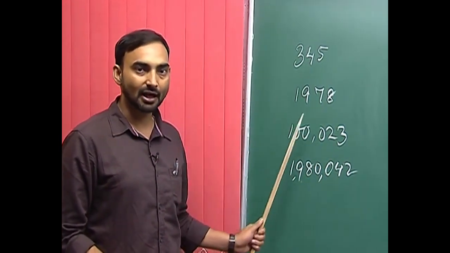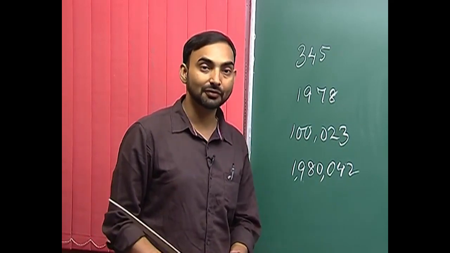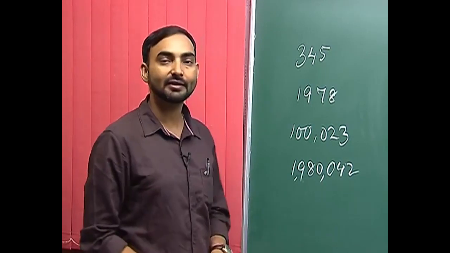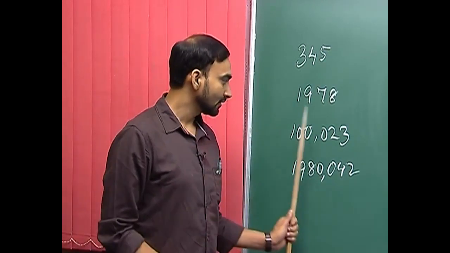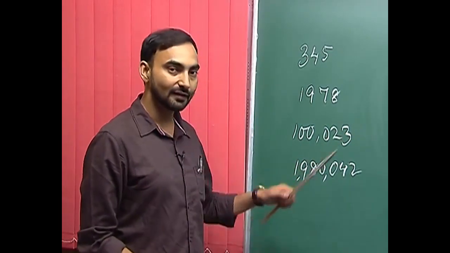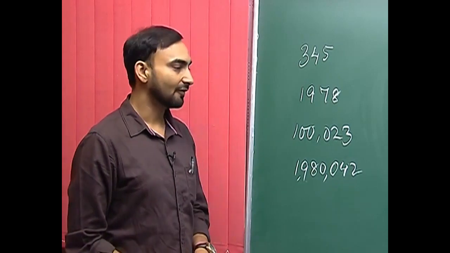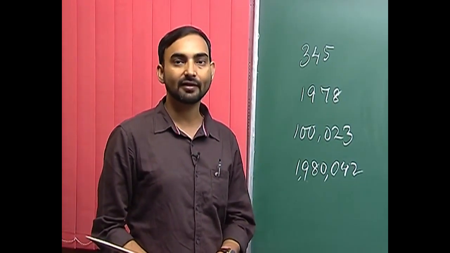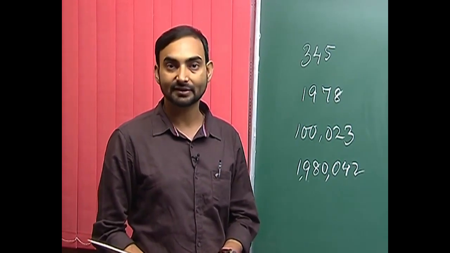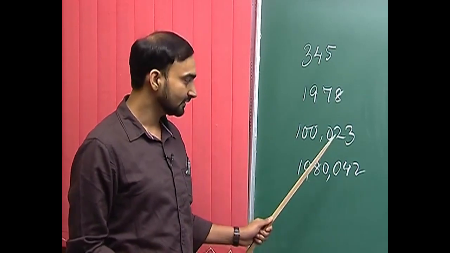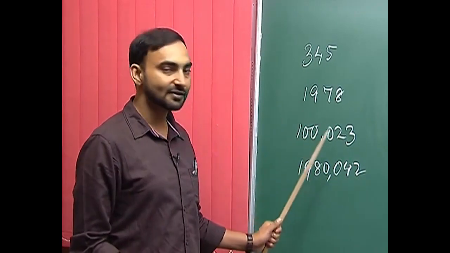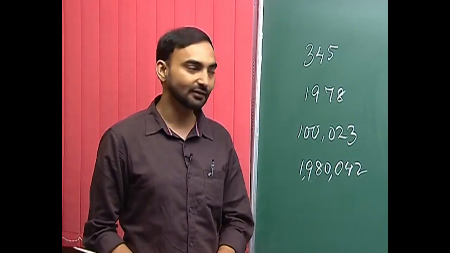The next number I have written here is 100,023. I have already told you that we do not have lakh in Russian. So, we do not say lakh, we say 100,000 for 1 lakh. So, how do you say 100,000? 100 is 100, 1000 is 1000, but we have discussed that if a cardinal number ends with 0, we do not use 1000, we use 1000. 100,000, 20 and 3. 100,023.